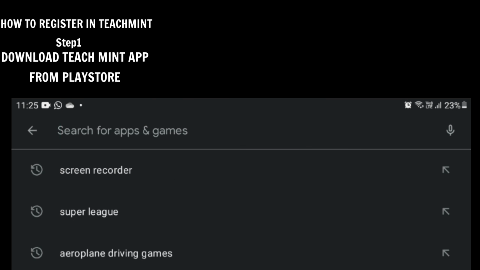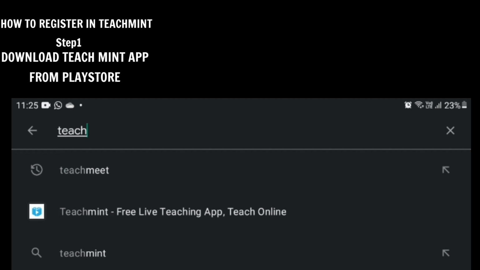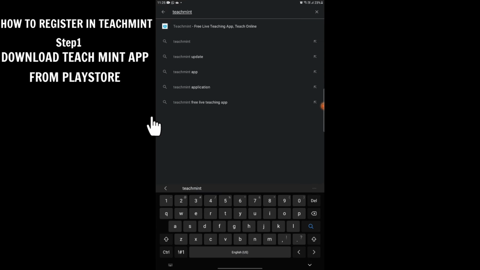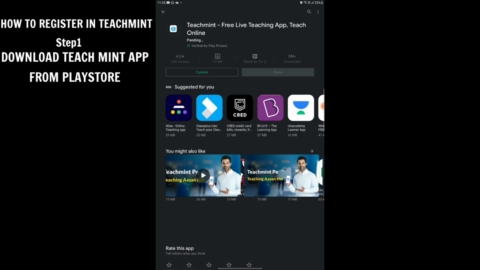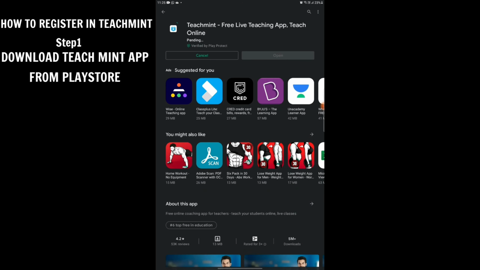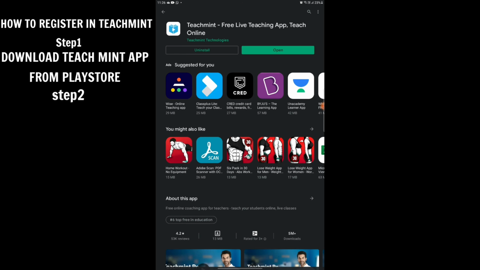Today I am going to tell you how to log in or register into Teachmint. First, go to the Play Store and search for Teachmint. The first app you see in the search is the app. Open it and install it. I'll fast forward because it's too late. Okay, now when it's installed, open the app